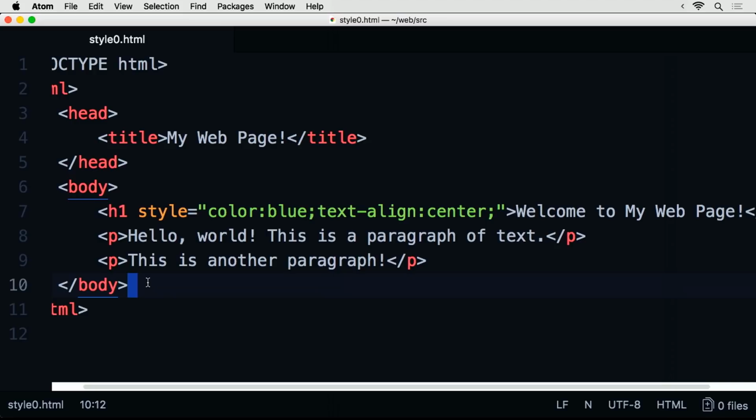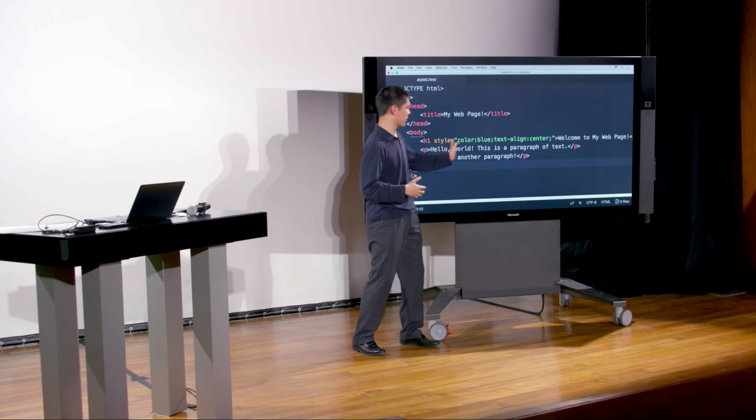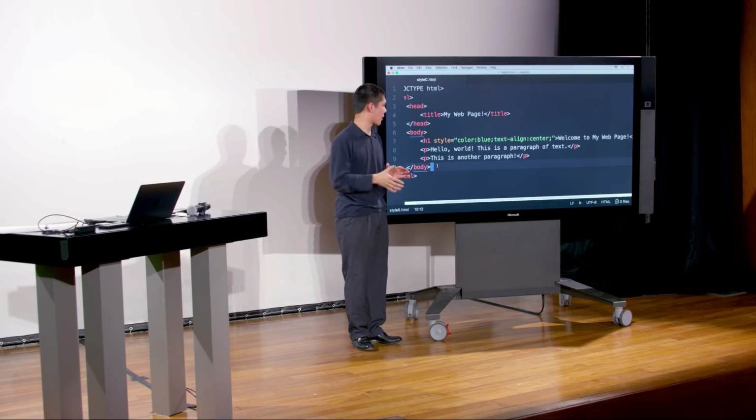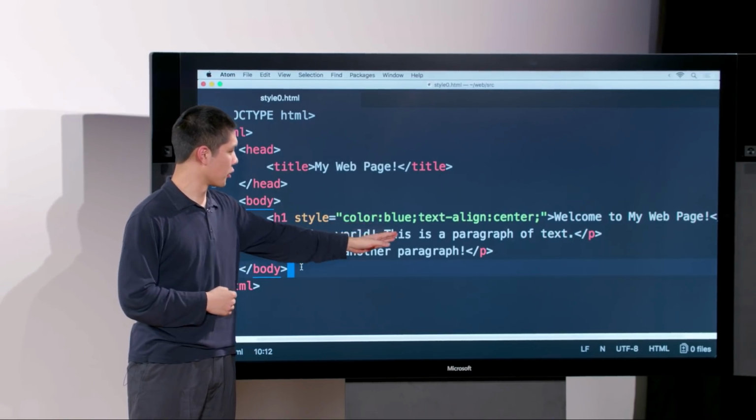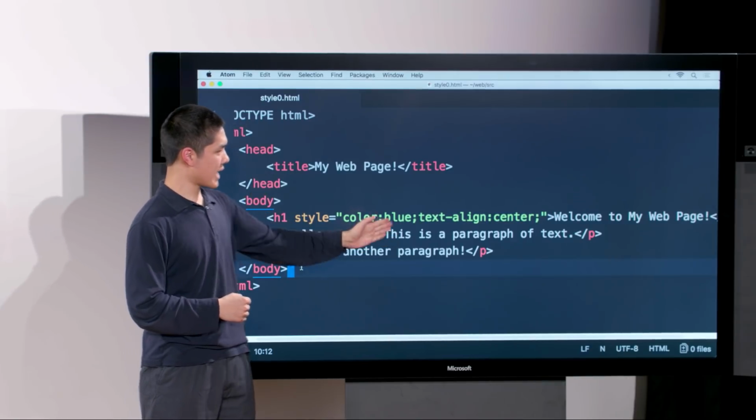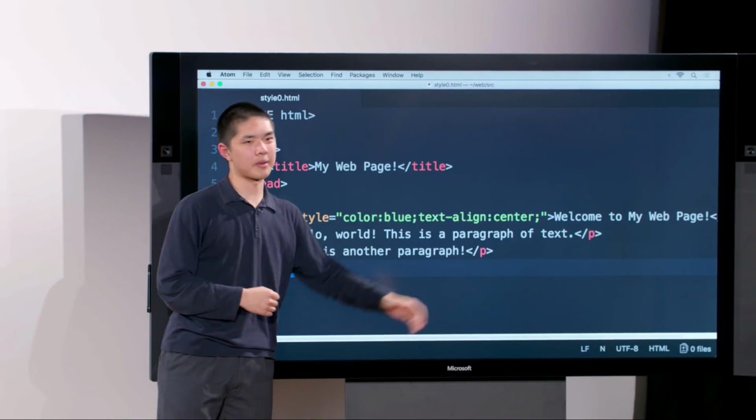But the key difference here is that we've added a new attribute. We've added this style attribute here that's associated with h1, that headline. And that style attribute is equal to something a little bit complicated, but let's break it down into parts. We have, in quotation marks, color: blue; text-align: center;